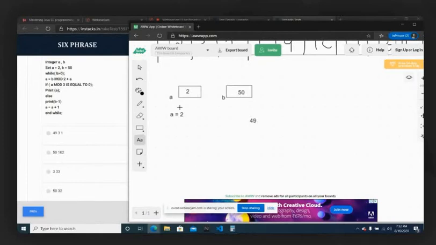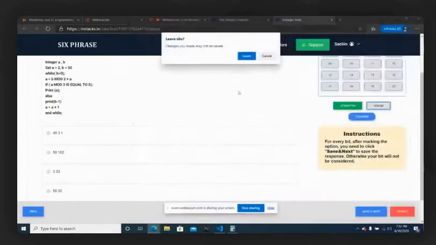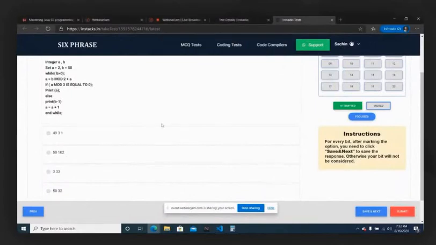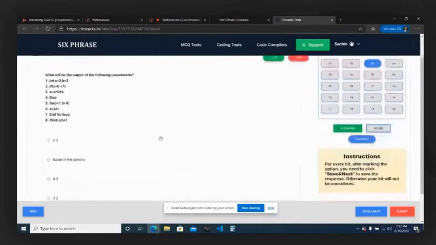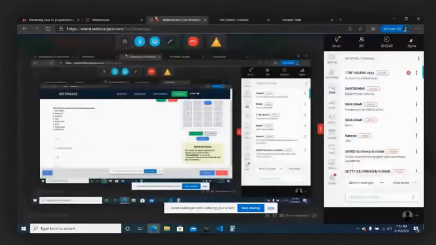Okay, so a equal to 2, b equal to 50, while b greater than 0, yes, 50 is greater than 0, we enter inside. a equal to b mod 2, 50 mod 2. 50 is completely divisible by 2, so no remainder we will be getting. Okay, fine. Now the next program that we are taking, which is integer a equal to